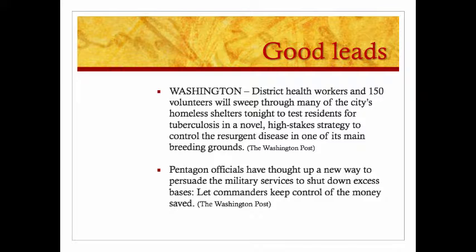Probably this could be a little bit differently phrased if we were to stick to having all the essential questions in the lead. Why is not extremely clear here, nor is it that important, but the how is important, right? The new way, which is to let commanders keep control of the money. Again, this isn't one of the most straightforward leads because I think it still leaves a question hanging, but it does still start from the essential questions,